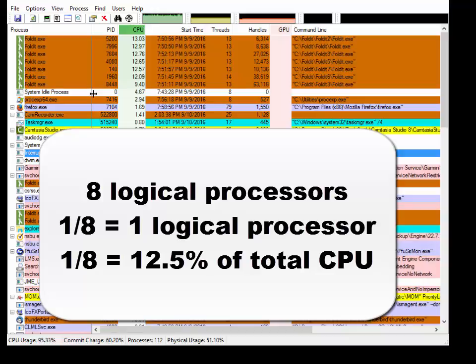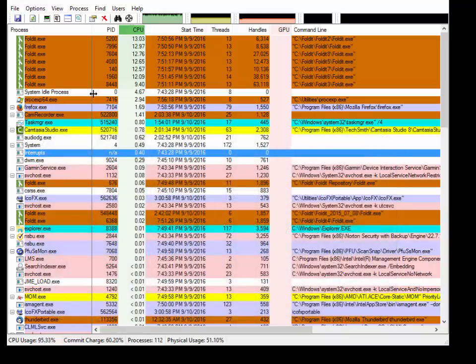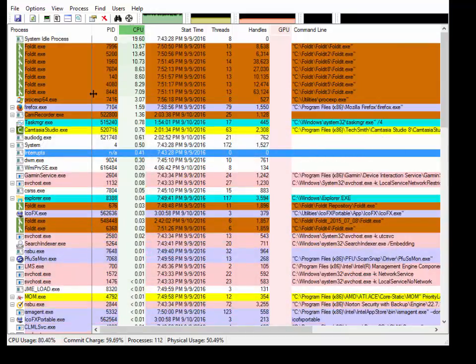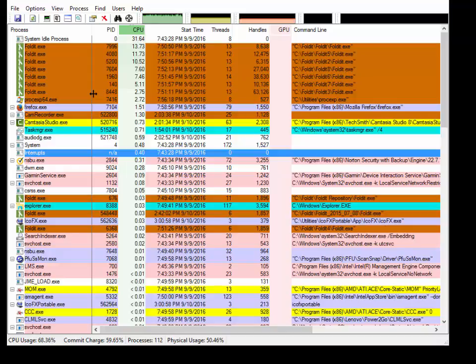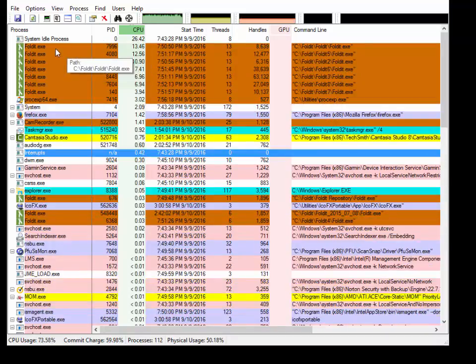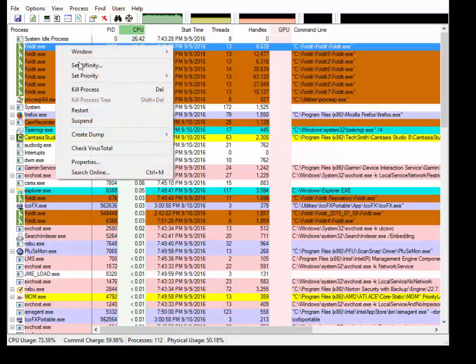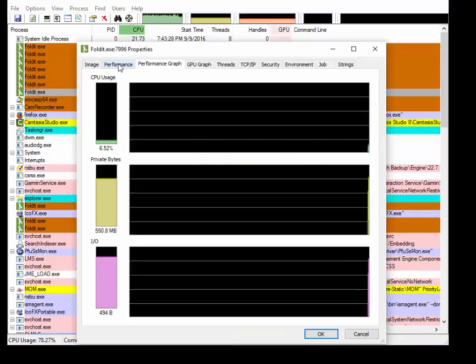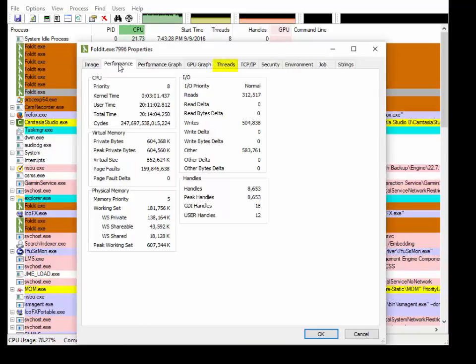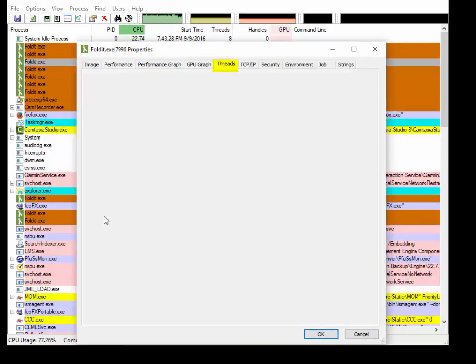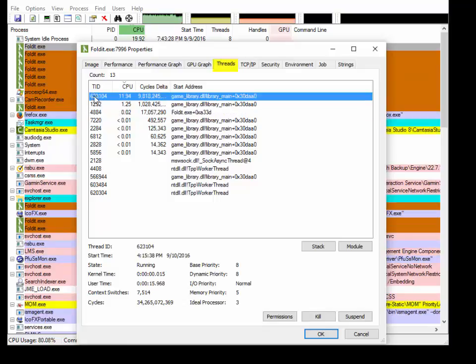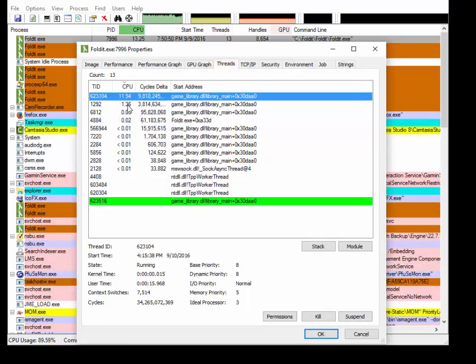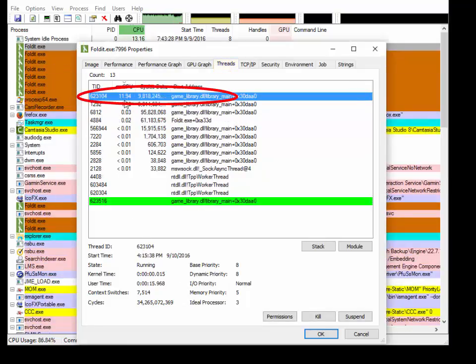Each of these clients actually has multiple threads, which are like little programs within the program, and each of those threads can use a little bit more CPU, but there'll be a main thread that will use most of the CPU power. And as a matter of fact, we can look at that. So if we right-click on one of the busy Foldit clients, select Properties, you can see its CPU usage on the performance graph here, but what is more interesting is the Threads tab. So there you see on the Threads tab that we have one thread that's using almost